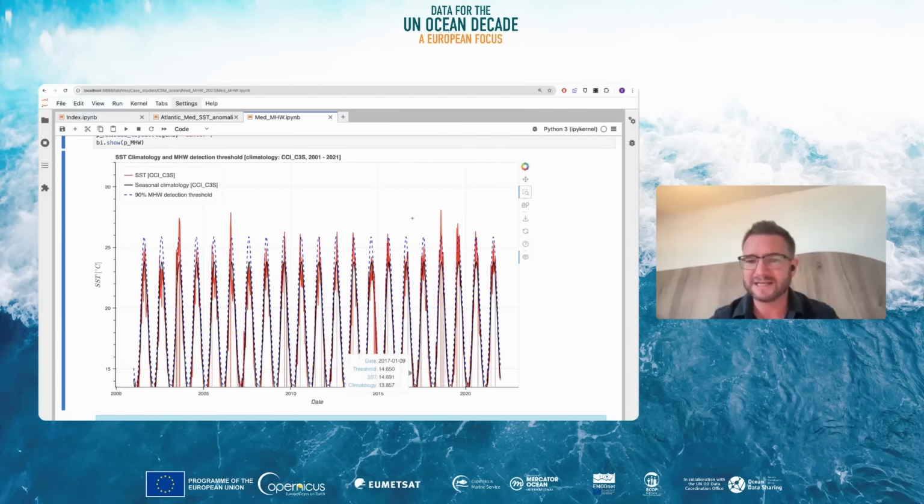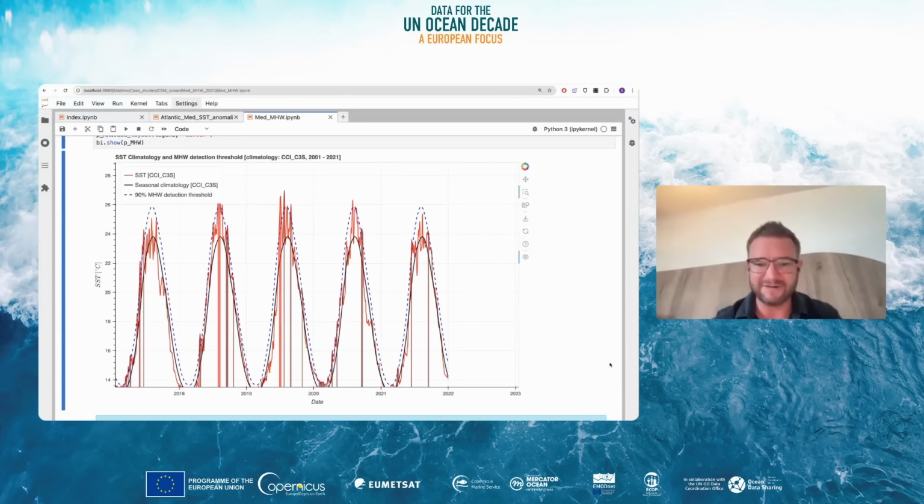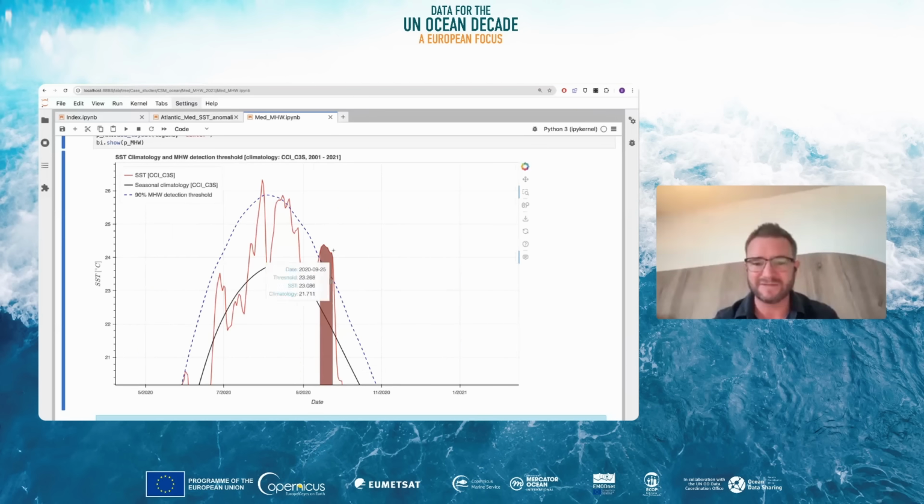Look at our analysis. We can see areas here where we have this thick, dark red line. Let's zoom in a little bit further. These are areas where we have a defined marine heat wave occurring in this region, and we can get the specifics of that heat wave. For example, it lasted 11 days, had an intensity of 1, which is relatively weak comparatively.